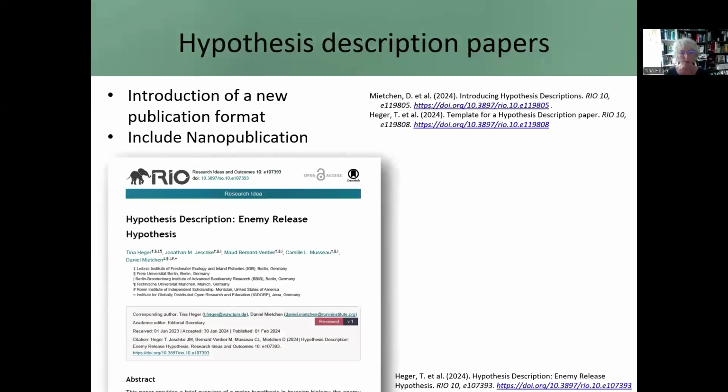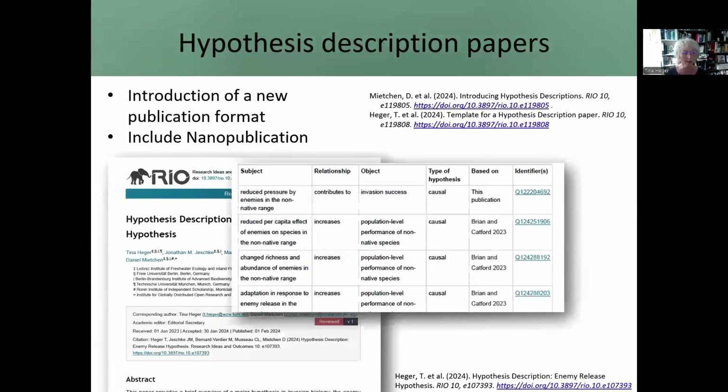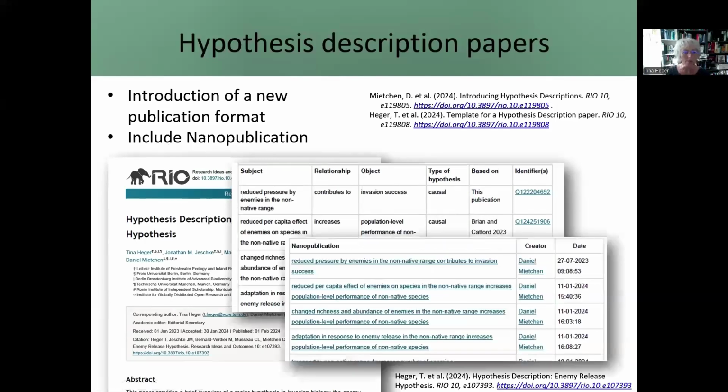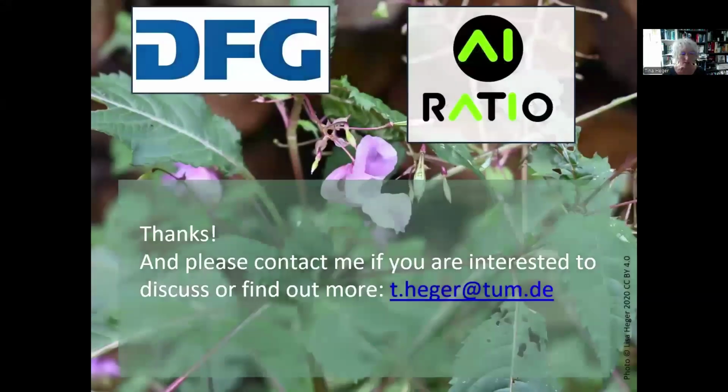And in order to do that, what we did was to introduce a new publication format, which we called the hypothesis description papers. And in these, we suggest to include tables that report on these triplets, the general ones, as well as the more specific formulations that are out there, and also publish these statements as nano-publications, and then they become citable and findable and so on. So these are our suggestions towards harmonizing language for scientific